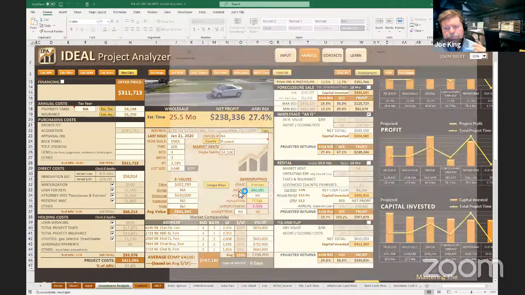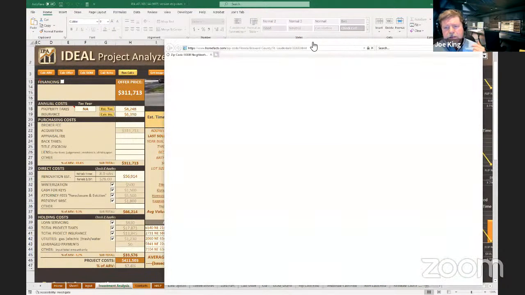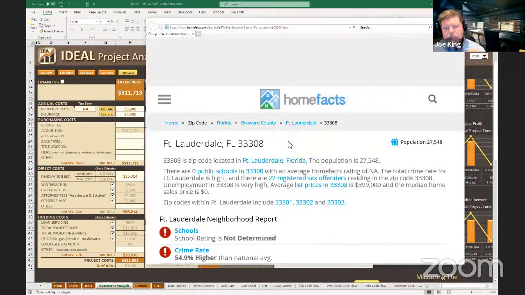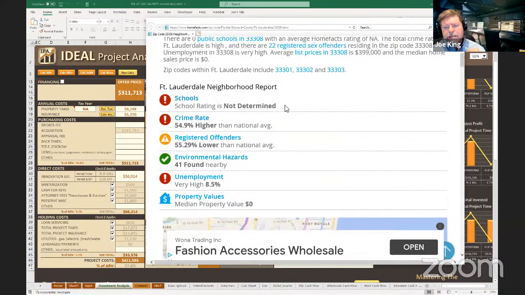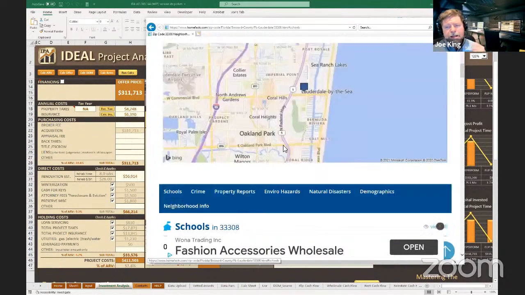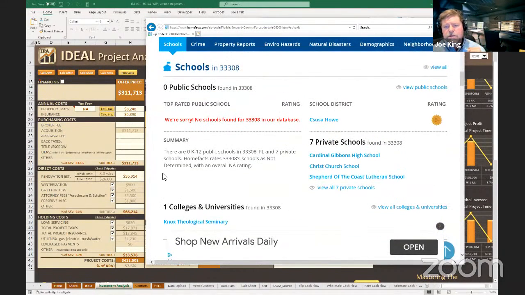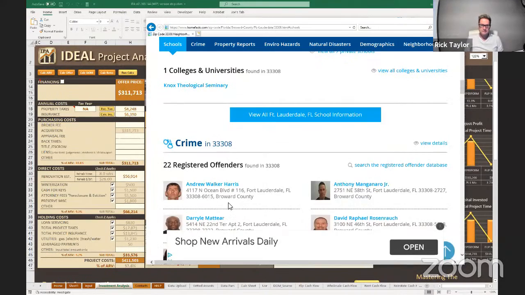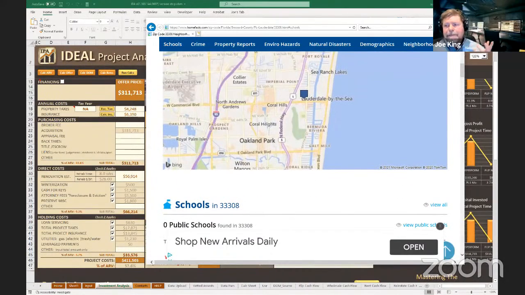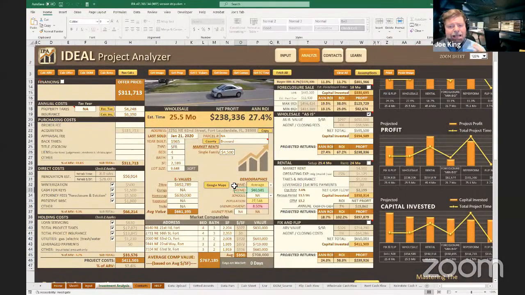There's a link that goes to HomeFacts, and HomeFacts is telling us the school rating is not determined. I'm not sure why that is, but if we go down to schools, they're saying there were no schools found. Nevertheless, you can see how easy it is to find information out with the links that have been provided in the application for you,